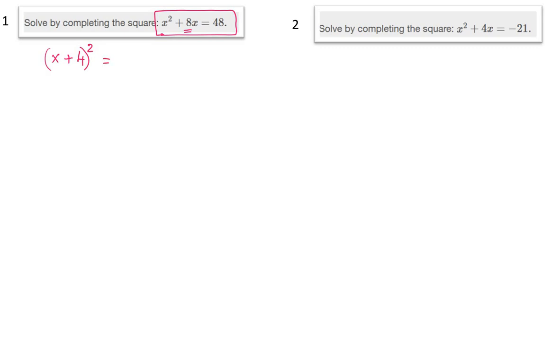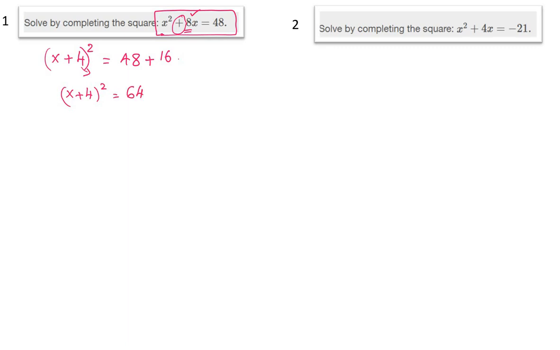And on the other side, it is 40. You have to add the same number on both sides. So this is 4, so we have to add the square of that one, that is 16. Does that make sense? So first we take half of that one, that is 4. Then as the middle sign is plus, you keep plus here. So x plus 4 the whole square is equal to 40, and then add the square of that term on the other side. So we get x plus 4 the whole square is equal to 40 plus 16, that is